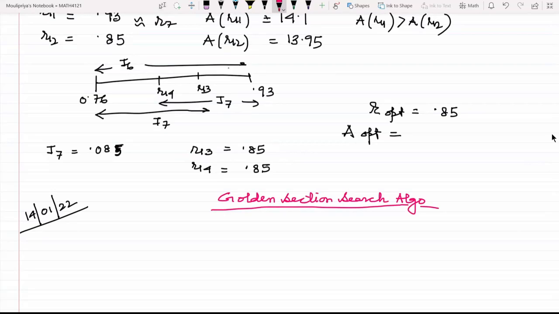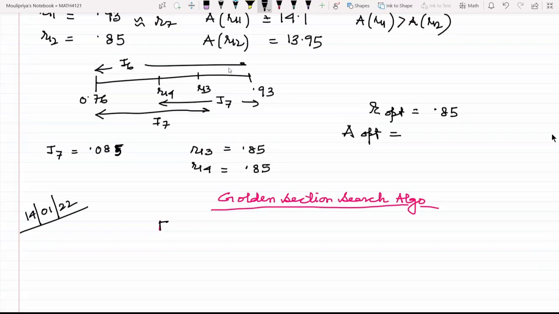This can be thought of as an extension of the Fibonacci search algorithm. Here we consider that the number of experiments, that is n, is very, very large. It is so large that it is almost tending towards infinity. Now, as we know from Fibonacci, let me first have the derivation of the golden section search algorithm. Then we would be getting into problems as we had been doing.